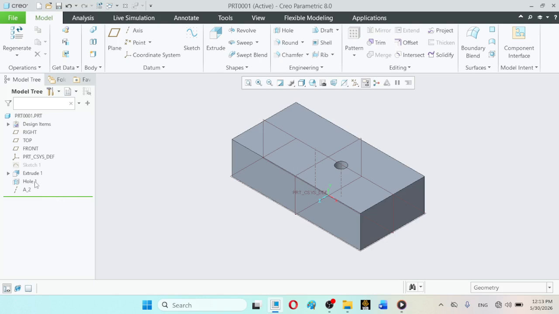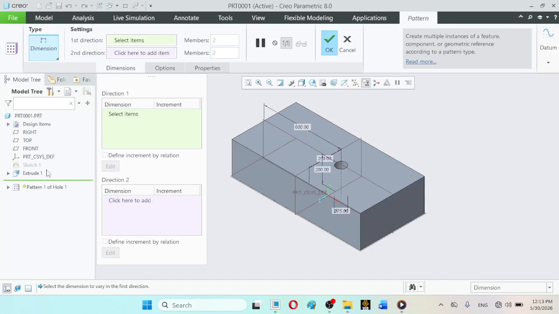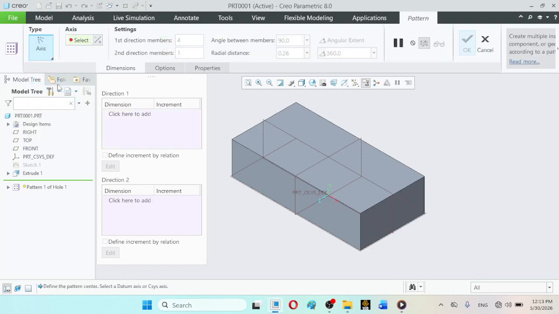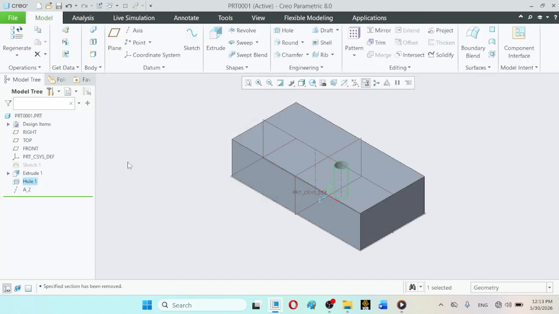So again the methodology is the same. Select the feature which is to be patterned and click on the pattern command, and now you can select the axis option from here. The very important learning here is that because the hole was created first and the axis was created later, the datum axis, which is the pattern axis, must be prior to the feature which is to be patterned.